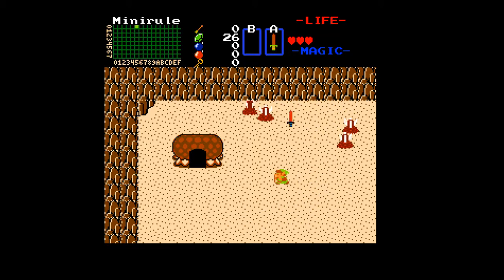And remember, keys are 1-to-1 in this quest. There's no extra keys. There's no magic key either. Try to get these screens down to one enemy so that when I come by later,